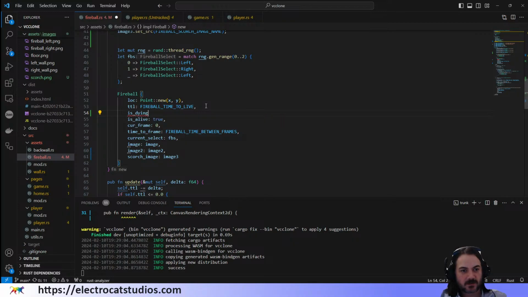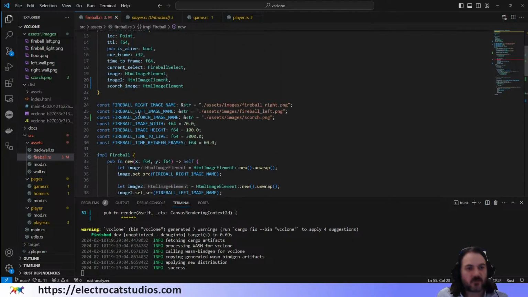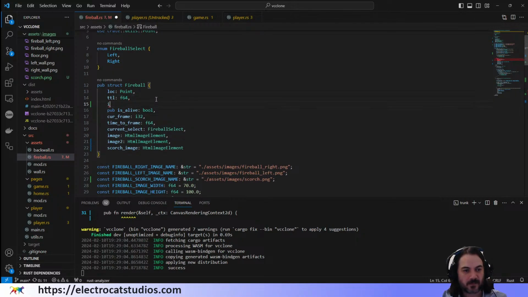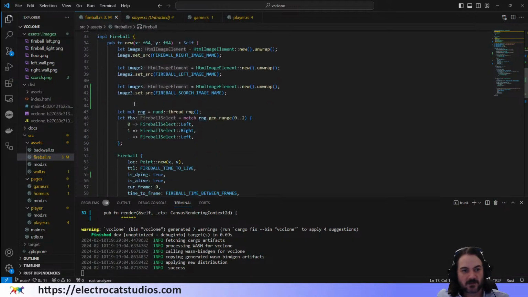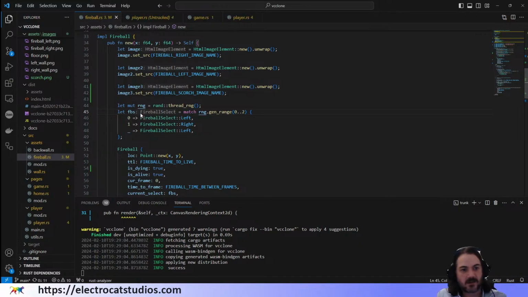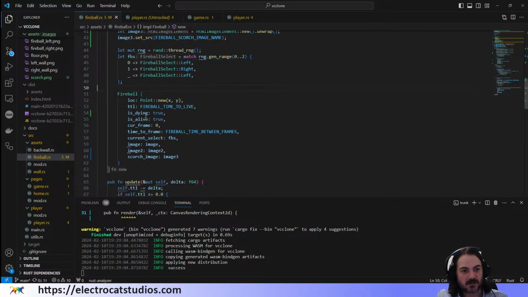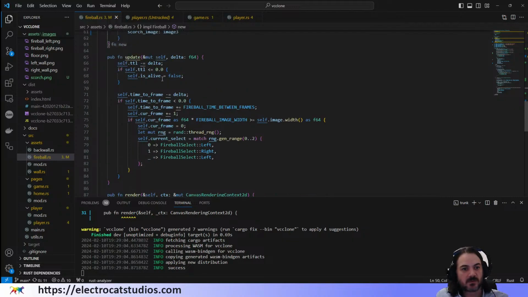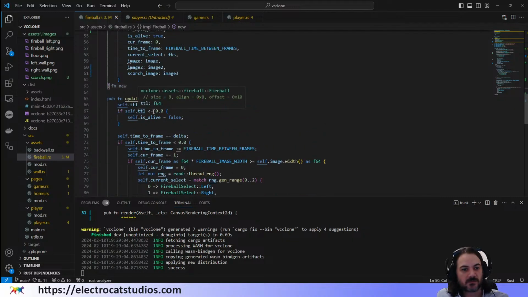Actually, let's create is dying, because we've got is alive, is dying. Let's give it a bool. Because we're using the is alive to remove it from the vector in the game. So actually, we want a time to live